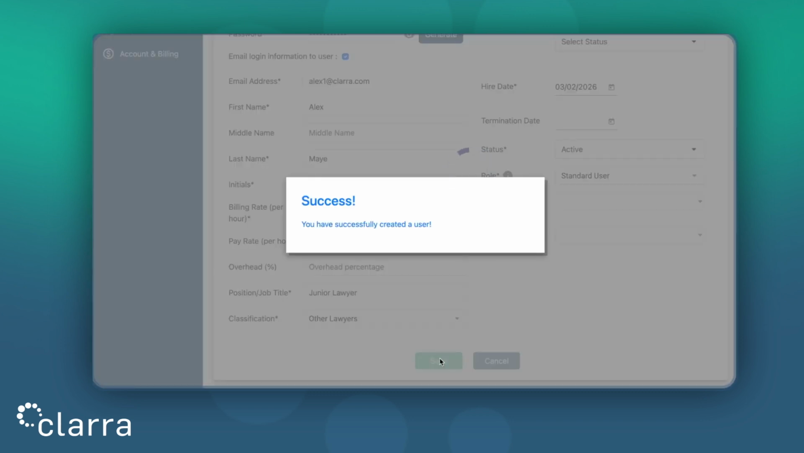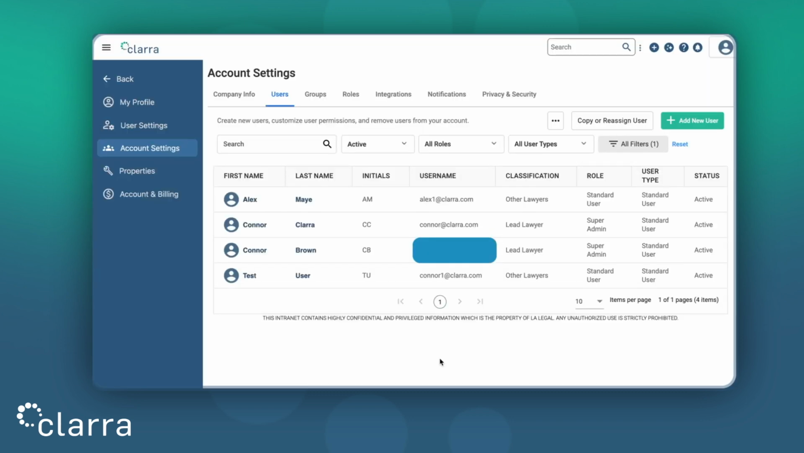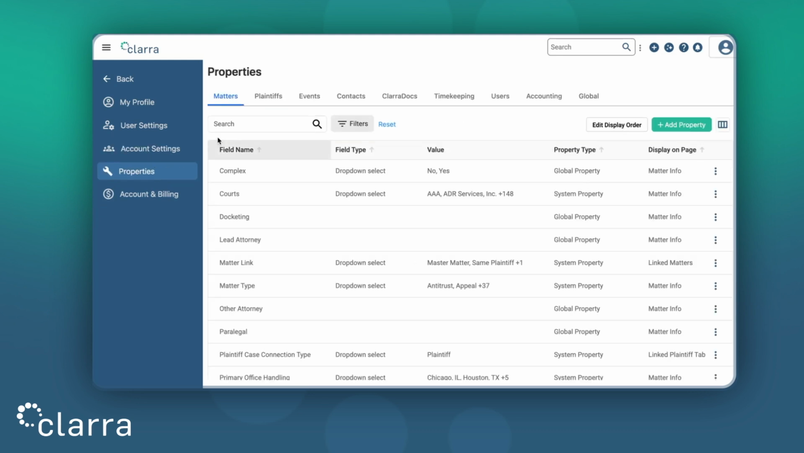Now that we've gone over adding new users, let's customize some frequently used properties to match your company's existing workflow and terminology. Clarra offers simple yet transformative no-code customization, making it easy to add custom options to drop-down menus or rename properties. If we click on Properties in the left sidebar, we can access properties that apply to different sections across Clarra. In the Matters tab, we can